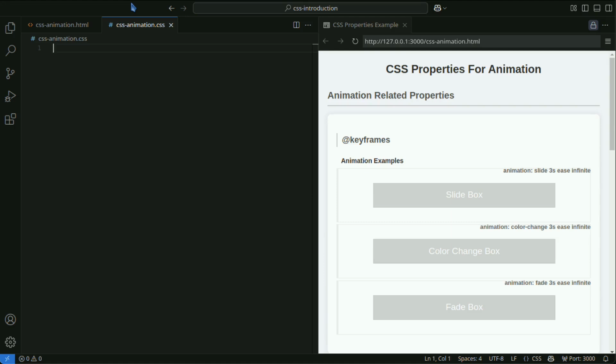On this channel, we provide useful programming information with practical code examples. This time, it's about CSS properties related to animation. You can learn about the @keyframes rule, animation property, and transition property, including their usage and how to write them. Enabling subtitles will make the code descriptions easier to understand.